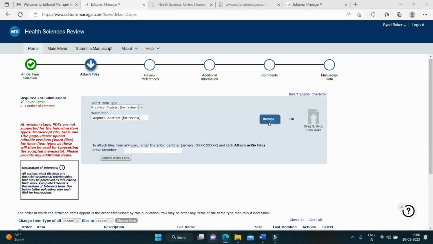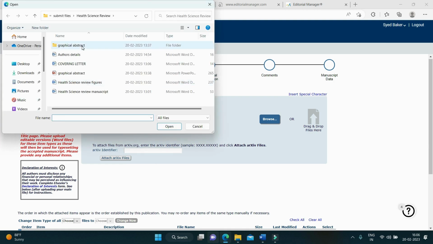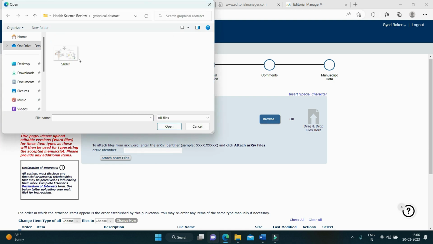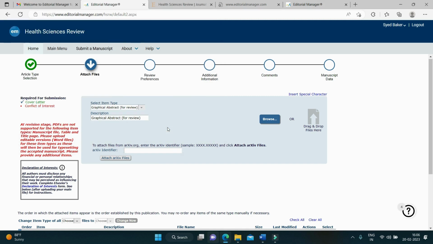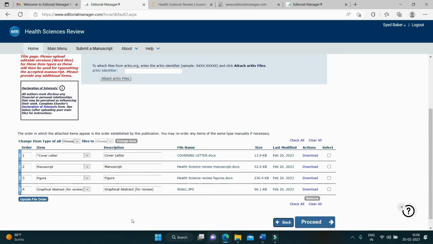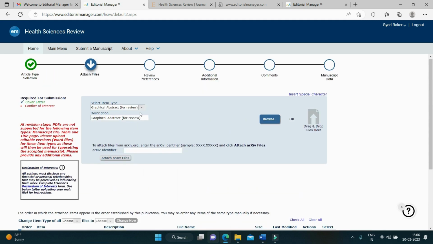Browse the graphical abstract. The graphical abstract should be in PNG or JPEG format. My graphical abstract file is in JPEG format. It is already uploaded. Now I will be uploading